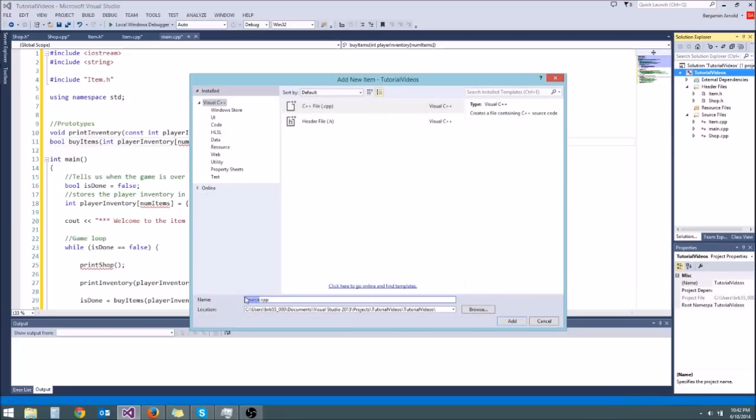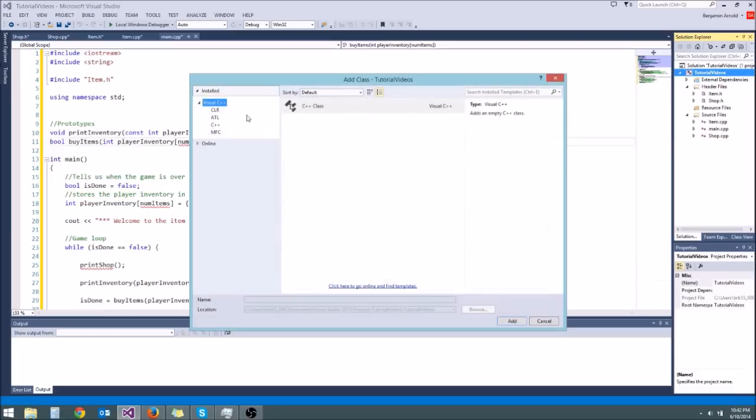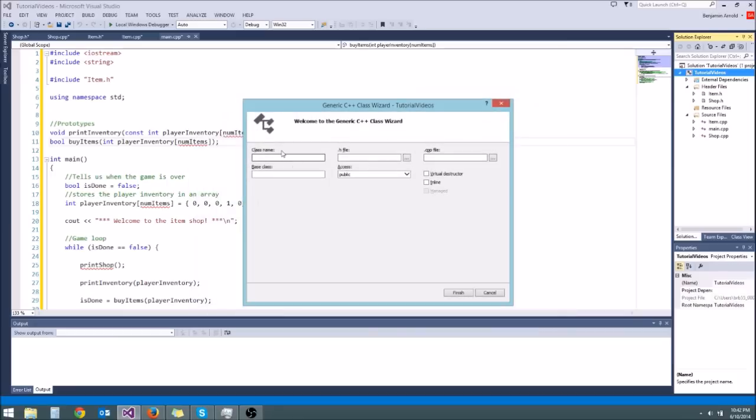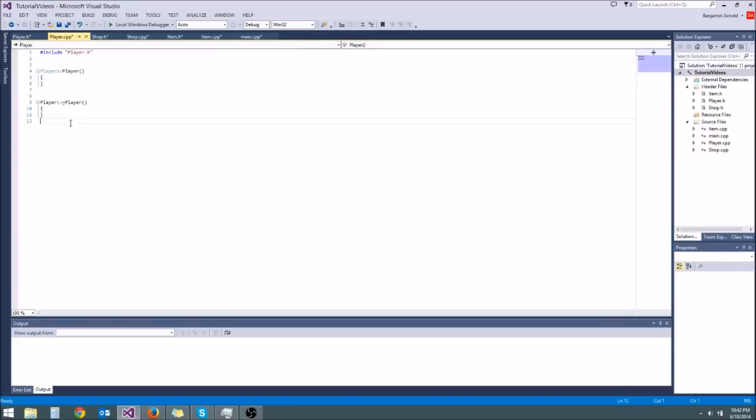dungeon adventure or something. So, oops, that's not what I wanted to do. I want to do add class. There we go. So we're going to make player.h and player.cpp. And now I've got a bunch of files. We're going to get rid of the destructor. Awesome. Okay, so